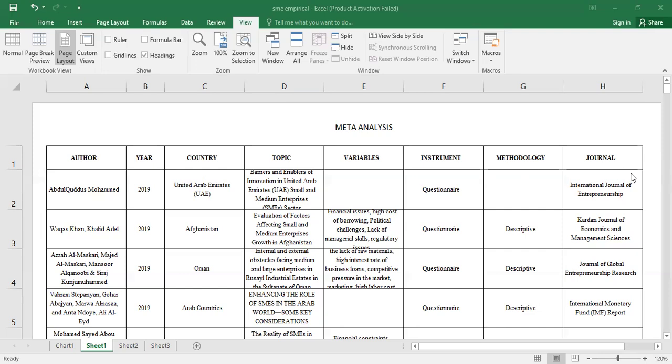If I want to access the data at any given time, that will help me when I'm writing the literature review, and if I want to verify the facts, if I want to go through the facts, I would be able to access those papers just by clicking that particular column. Now, after making this meta-analysis sheet, we can easily see that